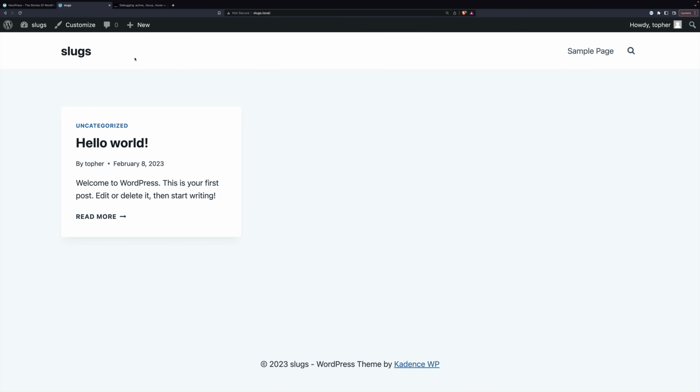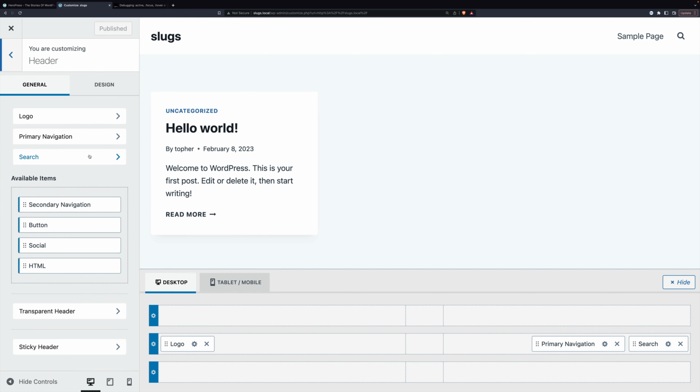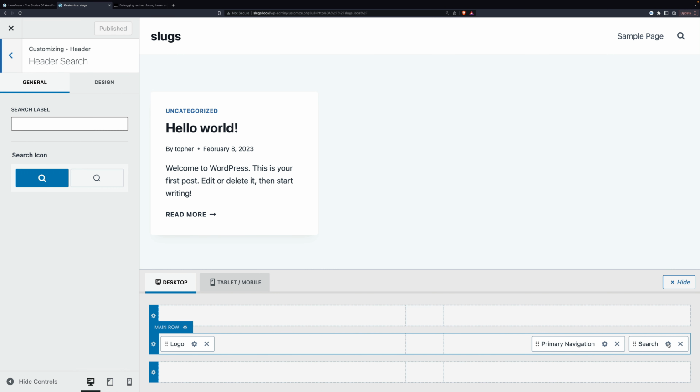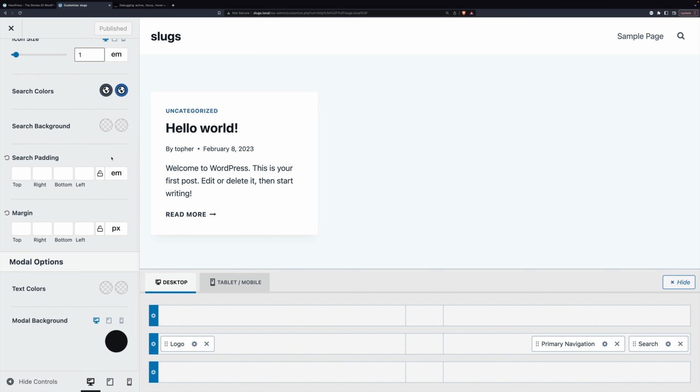The first thing we're going to do is open the customizer. And the first part is the easiest. It's changing the black to blue. We go to header, and then in the bottom area here, you can see there's the search tab, which renders the spyglass. We're going to click this little gear, and then over on the left, go to the design tab. And at the bottom, you can see modal background.